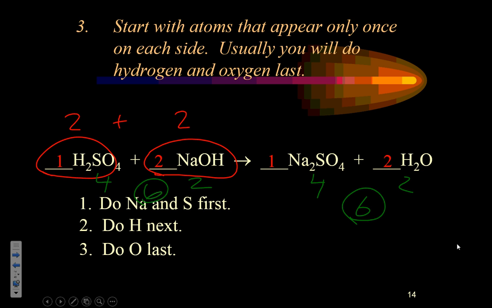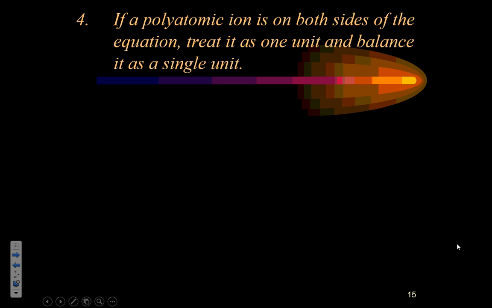Keep it simple. Now, a related concept to keep it simple is if we see polyatomic ions on both sides, and you should recognize these because we did a whole test with, and multiple chapters where we talked about polyatomic ions. Polyatomic ions are a group of atoms that are together, and if you see them on the left and on the right, that means they stuck together in the reaction. And we can keep it simple by treating that whole entire polyatomic ion as one unit